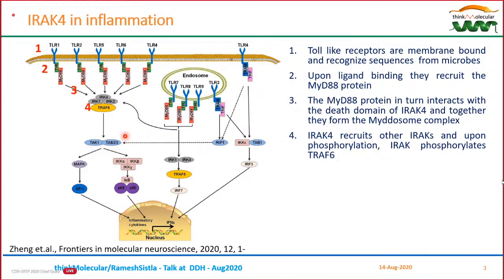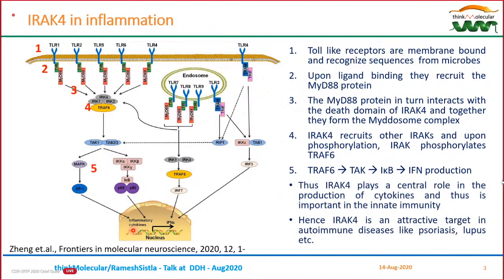and then it goes on and recruits other IRAKs, okay, like IRAK1 and things like that, which go on to phosphorylate the TRAF6. Okay, and then the TRAF6 goes and binds to the TAK1, and they signal through the nuclear translocation factor I kappa B, and the final result of that is actually production of inflammatory cytokines such as interferons or the interleukins. So thus, IRAK4 actually plays a central role in the production of cytokines, and thus is important in the innate immunity pathway. Therefore, IRAK4 has been a much worked upon target in the pharmaceutical industry for its role